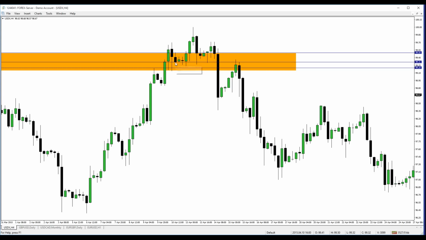So what am I saying? I'm saying that if you take this range, the body of the candle to the body of the candle, so the open and close, extend that out. It does not get to the bottom of this up candle prior to the down move, because it doesn't have to. All the orders that need to be mitigated, that they use to go long to drive price up,